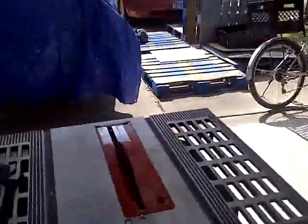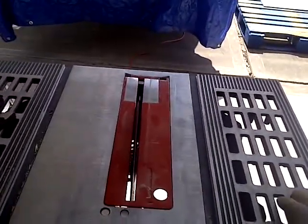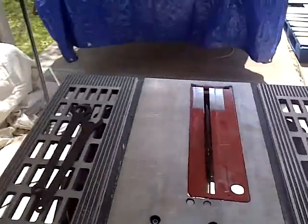Alright, so there you go. There's my cutoff wheel put onto a table saw. It's very important that you wear a face shield, like I'm wearing, because most likely things are going to be flying at your face. Of course, you should be wearing some kind of goggles anyway. And